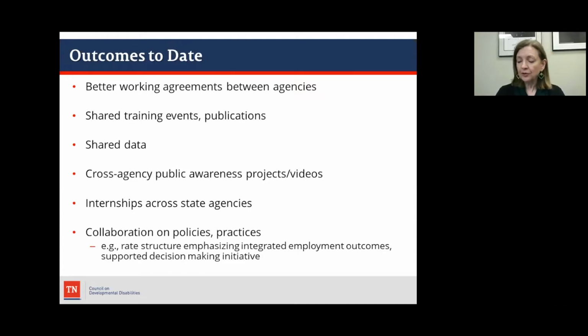Lauren mentioned earlier the supported decision-making initiative that we've had in the state, and that has been something that this roundtable embraced. You're probably all familiar with supported decision-making as an alternative to conservatorships and guardianships,